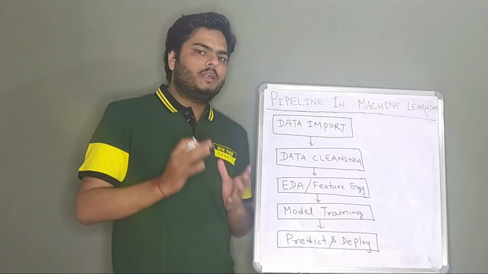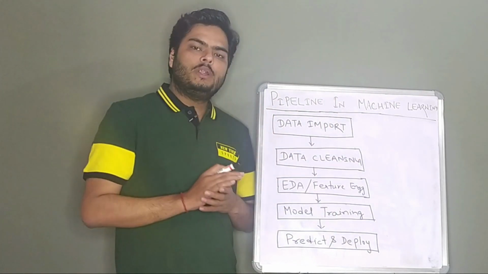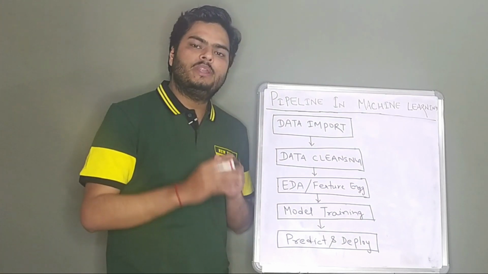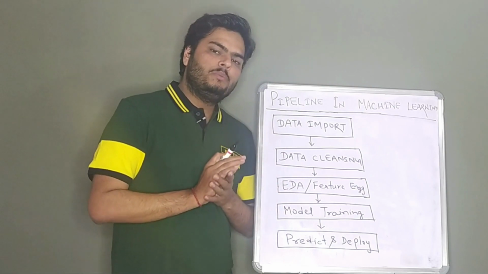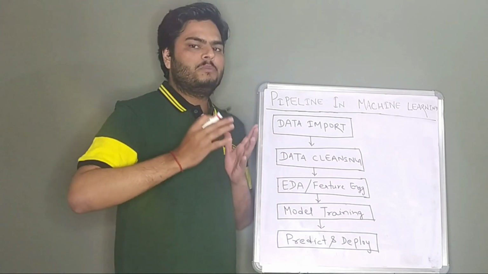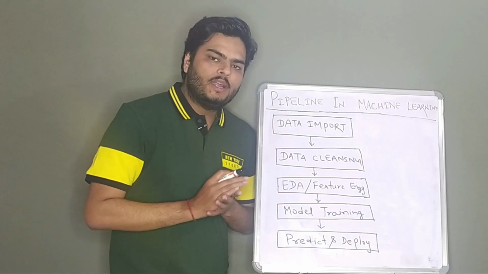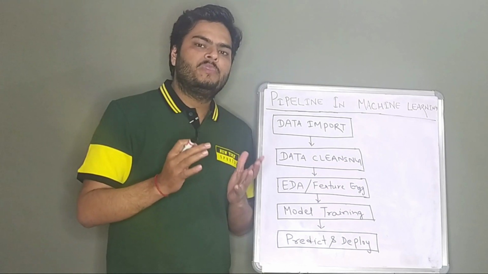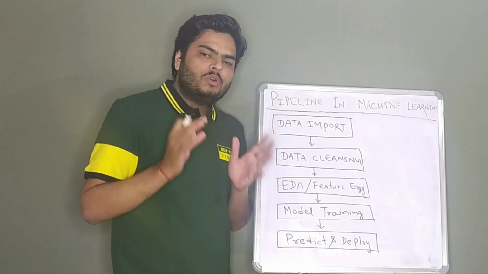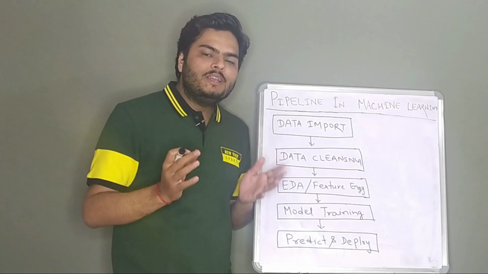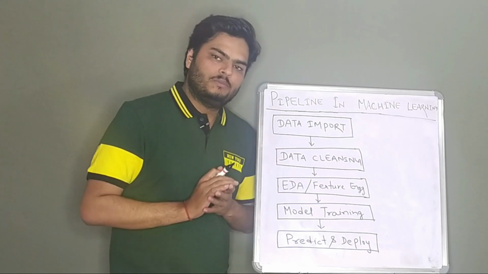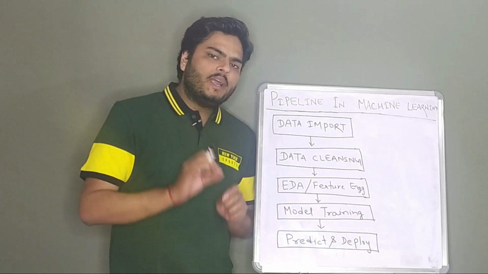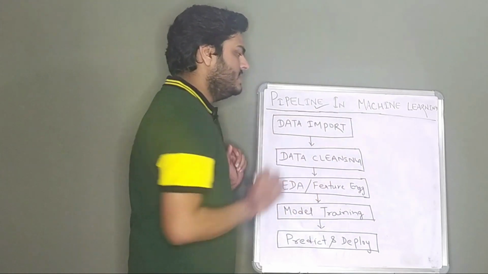But while doing all these things, we write many lines of code, many functions, many different packages, we import different functions, we write different transformations. In the process, many data sources we create, many data sources we delete, many loops we run. So our code does not look very manageable, very clean and very industry standard. So what is the answer to that? How is it done in the industry? The answer is something known as pipeline in machine learning.